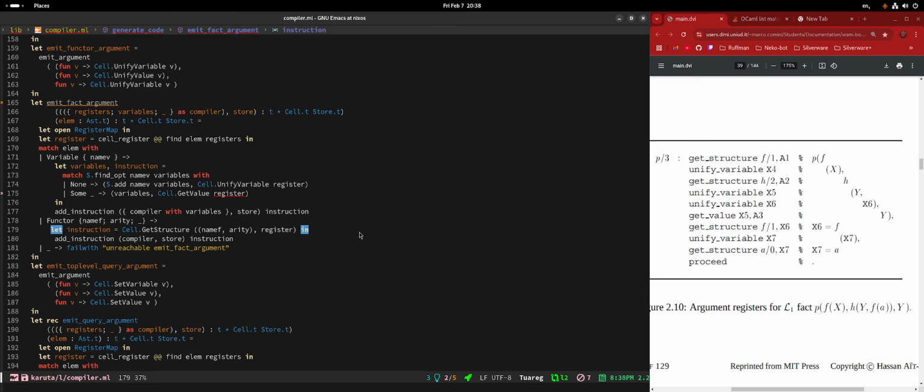Okay, then we do this instruction, and we add it there, and then we proceed. Next up is going to be a variable again. But this is the first time we're seeing y, which means that we're going to go to the none case again, which means unify variable again. Awesome. Next up is hyx6 because this is a functor again, right?